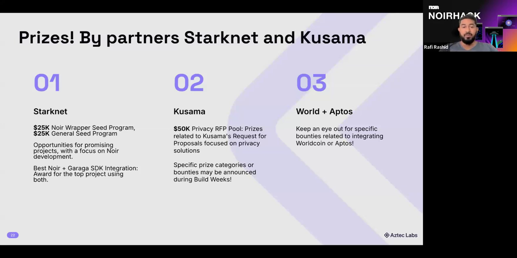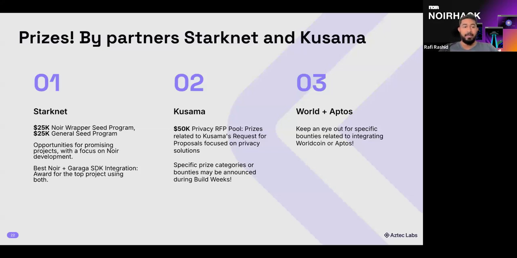You can also expect some support from them around deployment and direct connection with the StarkNet team. So if you're excited about building with Noir on StarkNet, those grants should be really exciting to you, as they'll mean an intro to the StarkNet team to work in a longer term way,